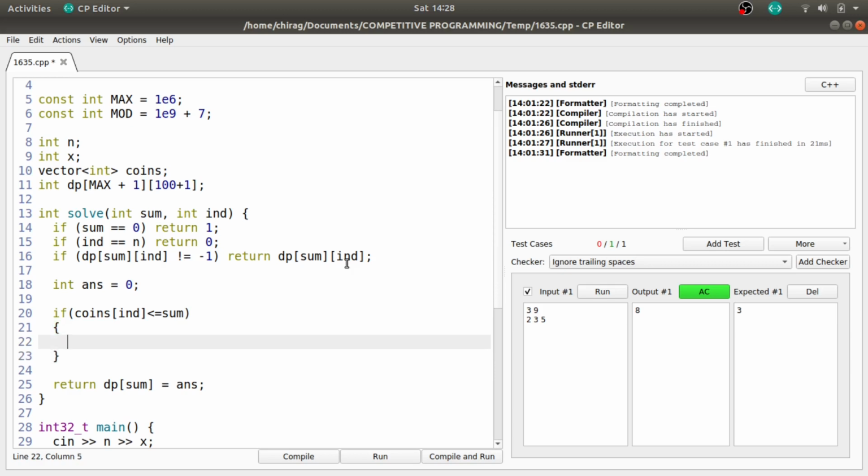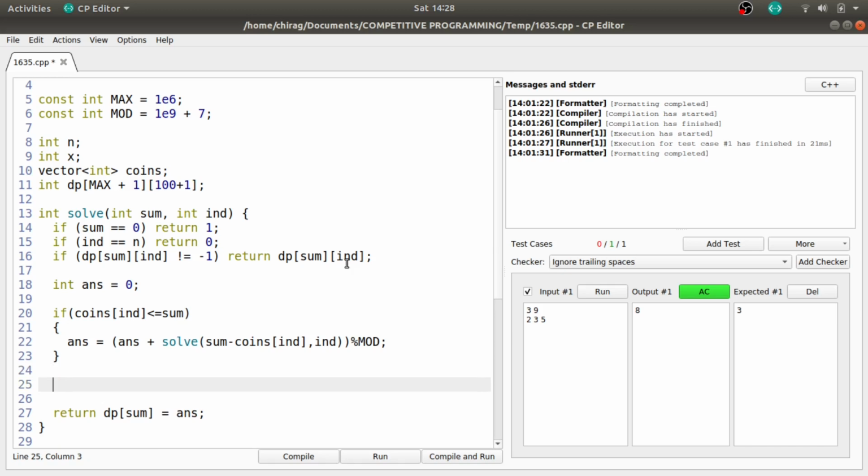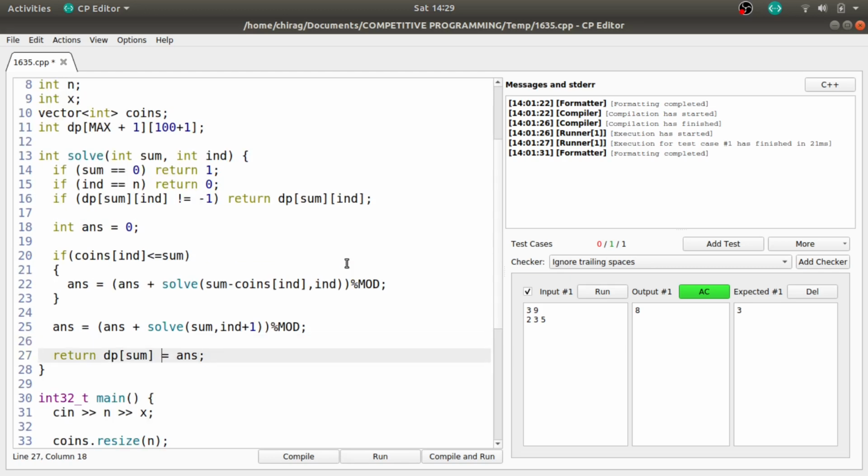In that case we add the answer for when we use it: answer plus solve(sum minus coins[int], and your index would be the same), and you must take the modulo. And for not using it, there is no need to check any condition, so that case will always be there. So answer equals answer plus solve(sum is same, but you are now moving to the next coin), with modulo, and we will change this thing to sum, int also.